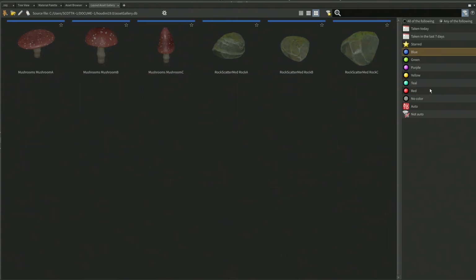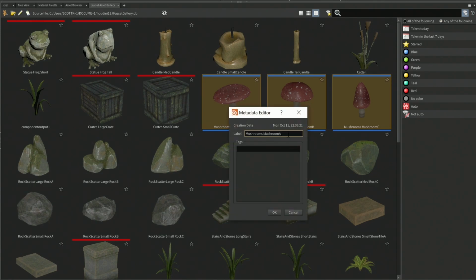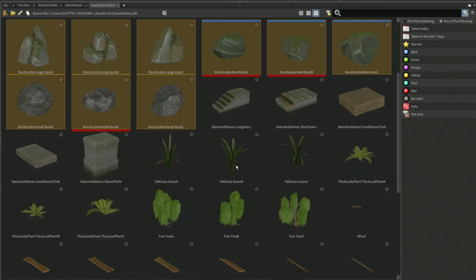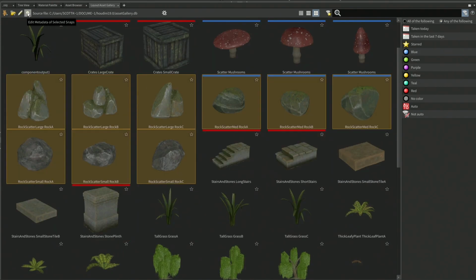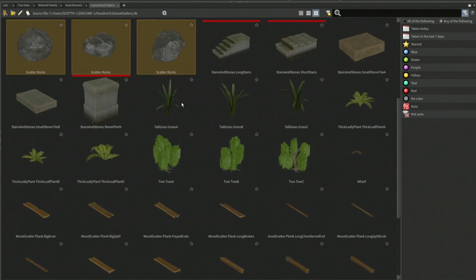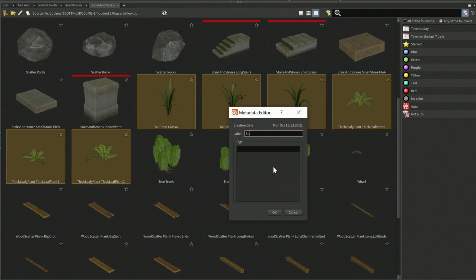You can add metadata to each of these entries in your asset gallery. And you can filter by file name, color, metadata. You can also create favorites.